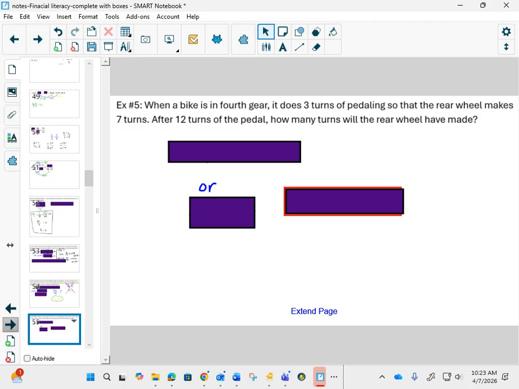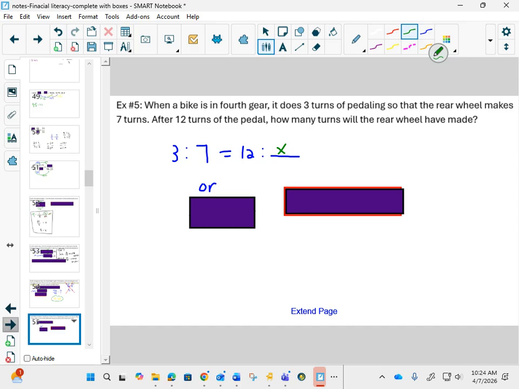So what's happening here? On your pedal, this is how gears work, right? On your pedal, you go 3 times around, and in those 3 times around, your back tire turns 7 times. That's really gonna get you to go far forward, right? So if our ratio was 3 to 7, and it has to equal a ratio of 12 to something,